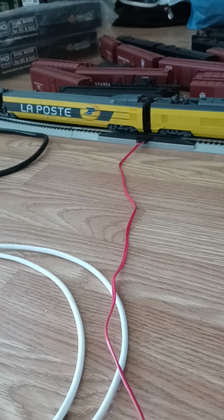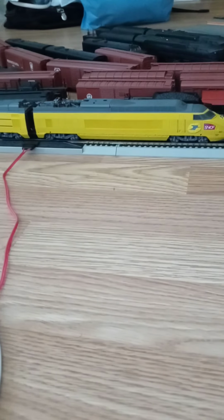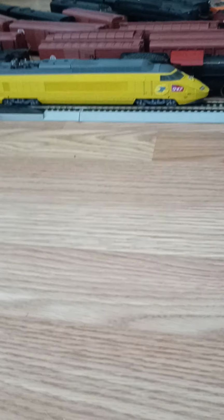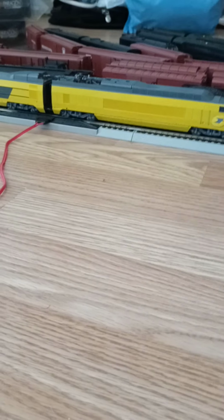And yeah, the detail I think is great. It runs great. I'm glad it has a 5-pole motor, and that it picks up pretty well. The wheelbase on this is pretty good for pickup. I mean, the wheels are pretty far apart on the truck, especially on both ends. There is one traction tire on each truck, I think one on this side and one on the other side of the truck, which I guess adds